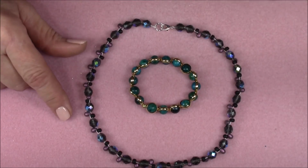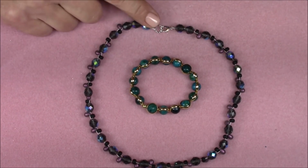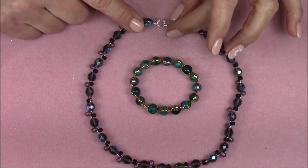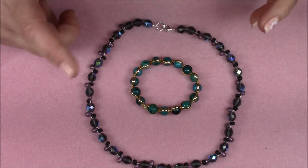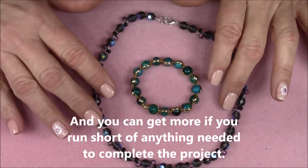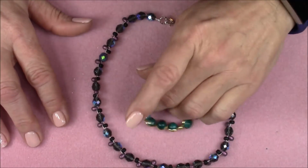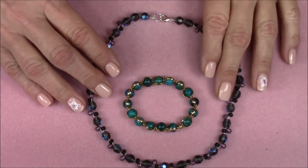I like the fact that there's 2 projects included. I like the fact that there's extra beads and extra crimp beads, like there was 4 crimp beads in case you drop one, or if you don't quite get the first one right and you crush it or something and you need another one. That's really nice. There's plenty of stuff to work with, and I like the fact that there's 2 projects. I like the fact that they're 2 very different projects, and I think that the subscription box is a really